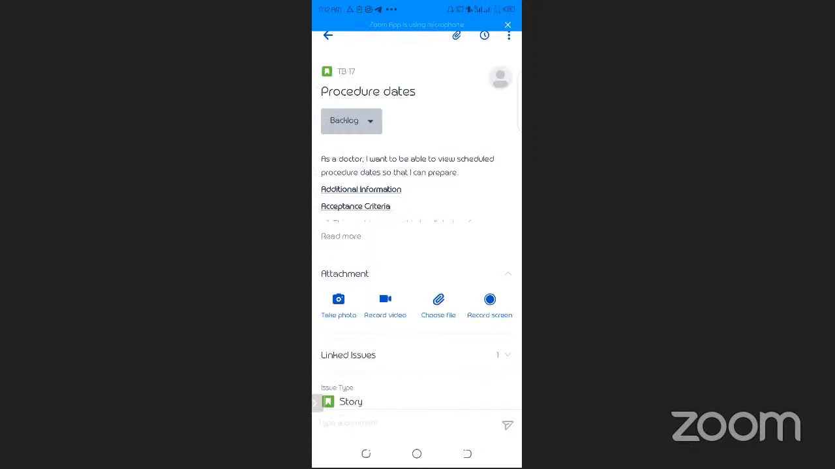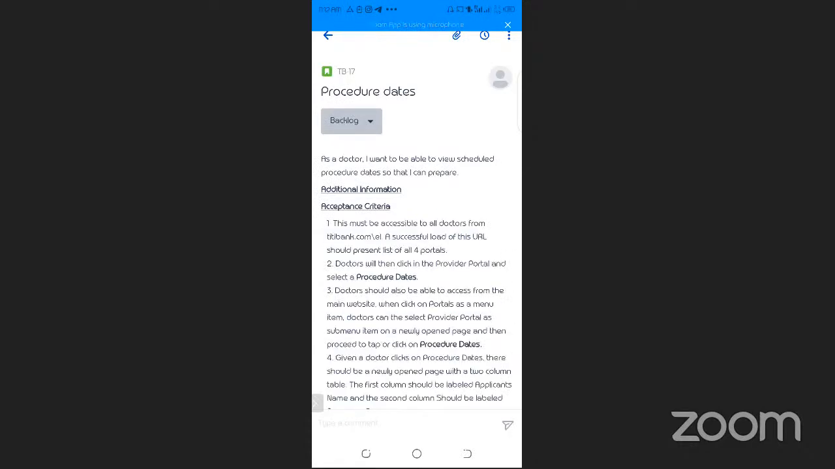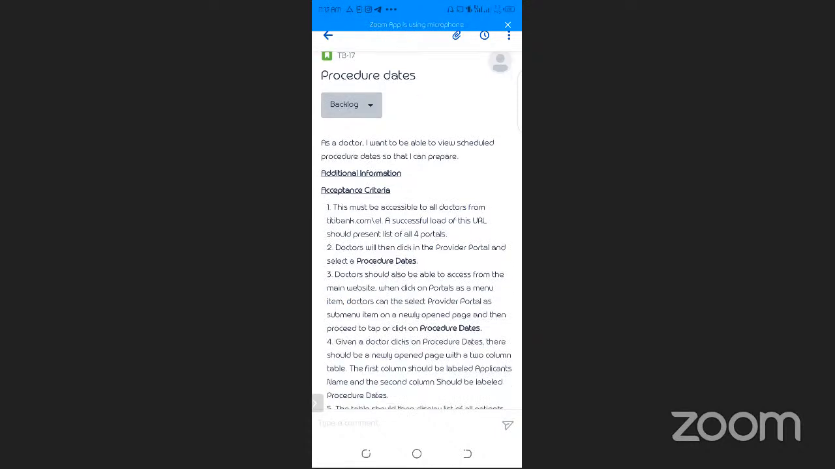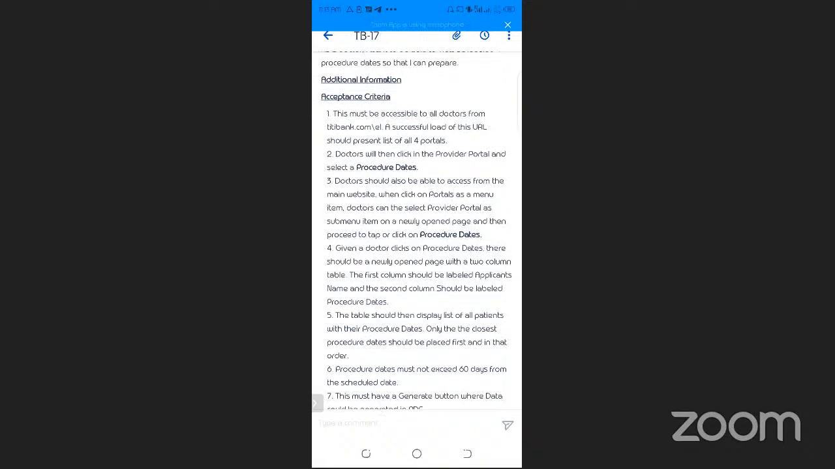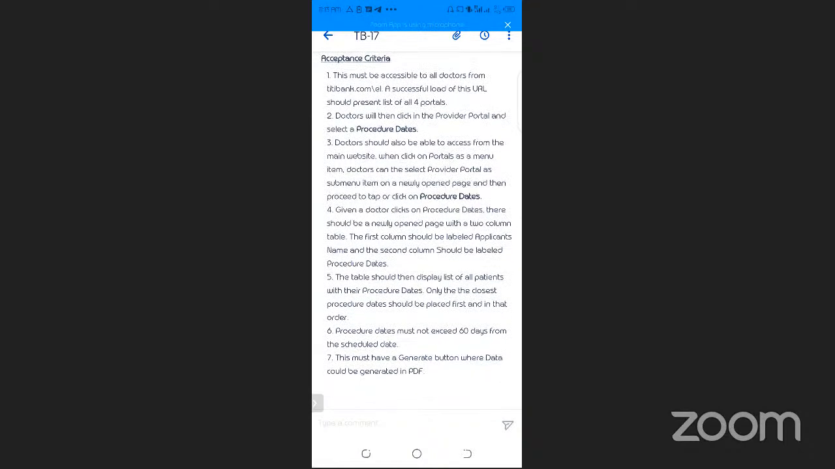Procedure dates. So as a story, as a doctor, I want to be able to view scheduled procedure dates so that I can prepare. And it also starts from the accessibility standpoint. That is the portal menu, and then ttbank.com/EL as the main accessibility point. And then it continues from the fourth